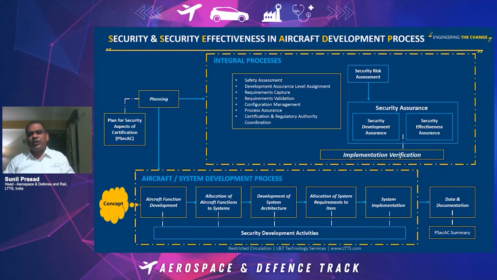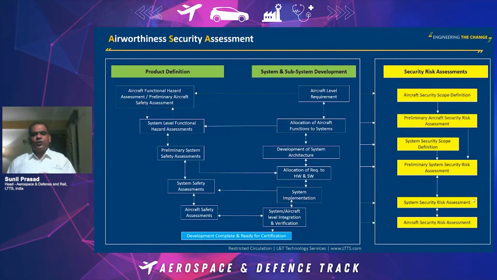Second part of the assurance will have security effectiveness assurance, which will include whether the configuration management of the entire process is correctly done. Is it secure? Because in the cloud environment, you will have to make sure that the code written out there, the entire access control, the entire configuration parameters are correctly handled. Right. So that is the effectiveness assurance, and both of these have to be evidenced and given to the certification authority for assurance. So looking at that, the safety aspects and the aircraft level requirements go hand in hand.